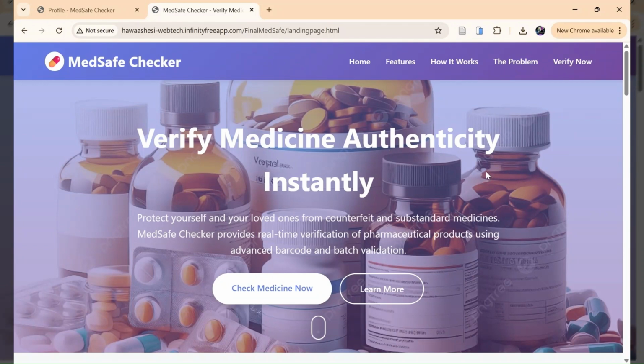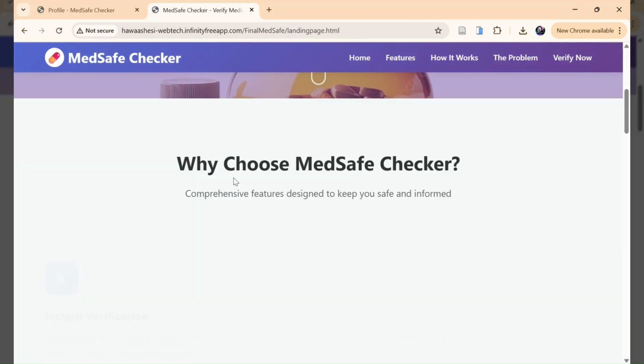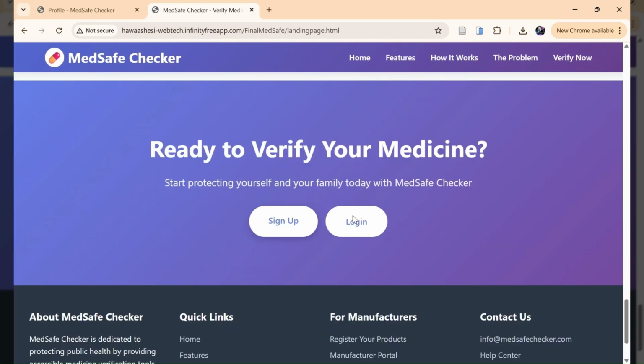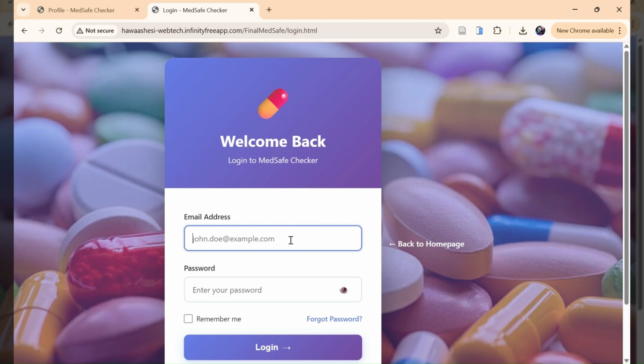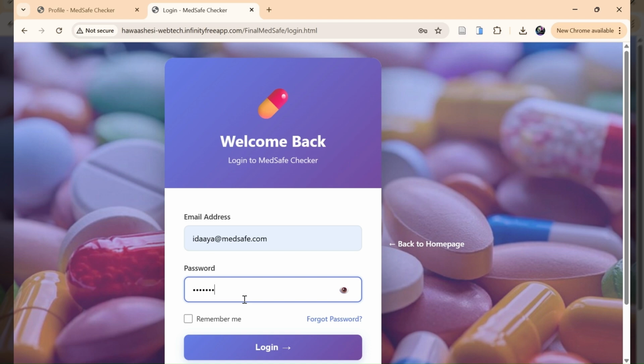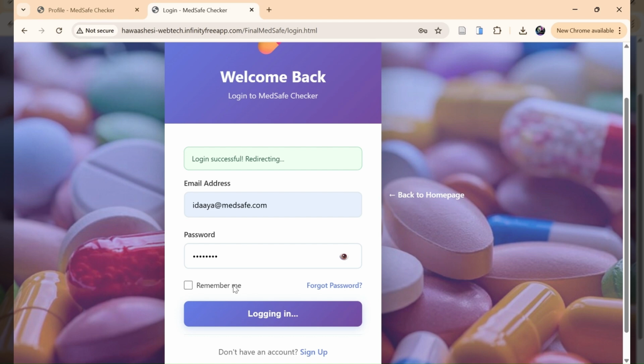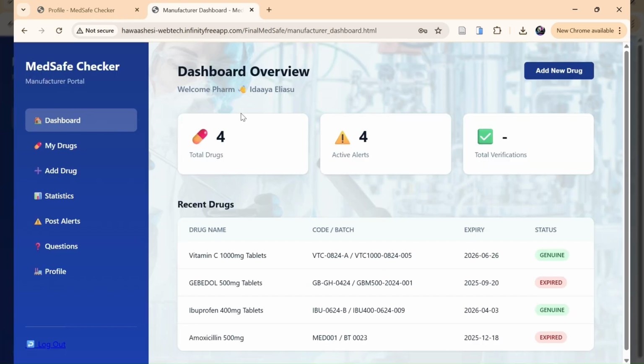So from here I'm going to log in again as a manufacturer and see if most of the details would come. So the manufacturer should have MedSafe, then your password, then my login. So it said login successfully, redirecting me. So now this is my dashboard as a manufacturer. It gives me the total number of drugs that I have and the total number of pallets that